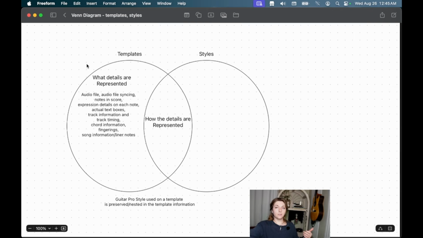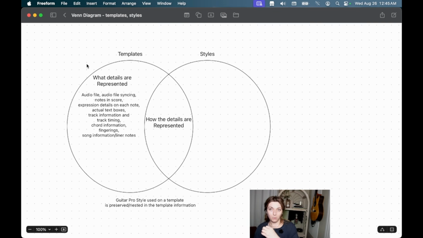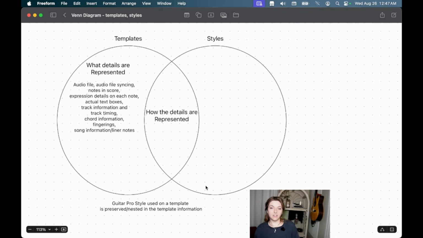Styles affect how the details show up in the document. Templates affect what shows up in the document and how it shows up. So you can save a style standalone and apply that to any document, whereas a template affects the actual notes in the document. So if you start a template, it's going to be its own thing basically, but your template is going to show what details are represented, including if you've attached an audio file, if you've added sync points to that audio file, if you've put notes in the score, how many measures you've put in the score,